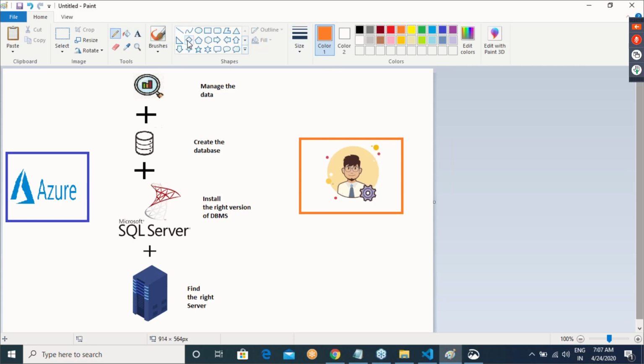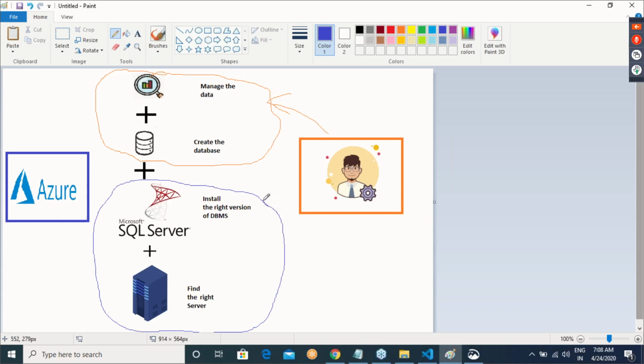In the case of a managed database, you are the owner for this. This is what you look up to. And when it comes to this, Azure will manage this.